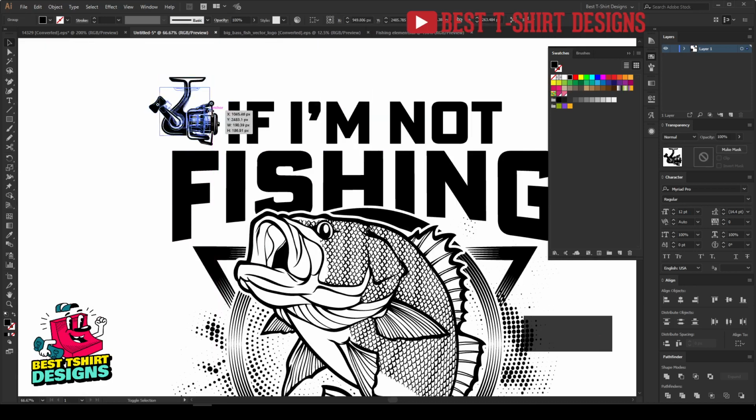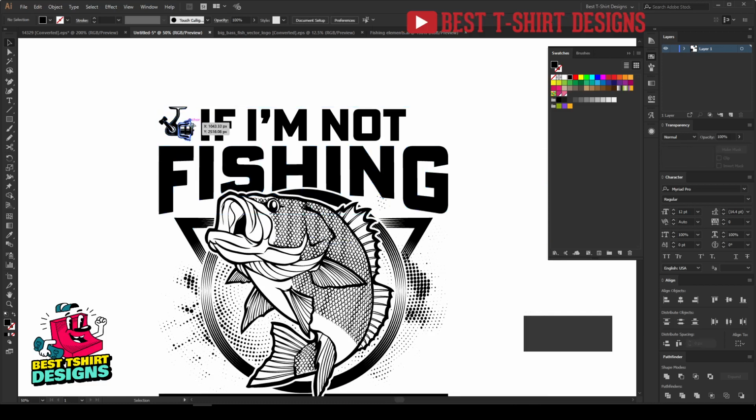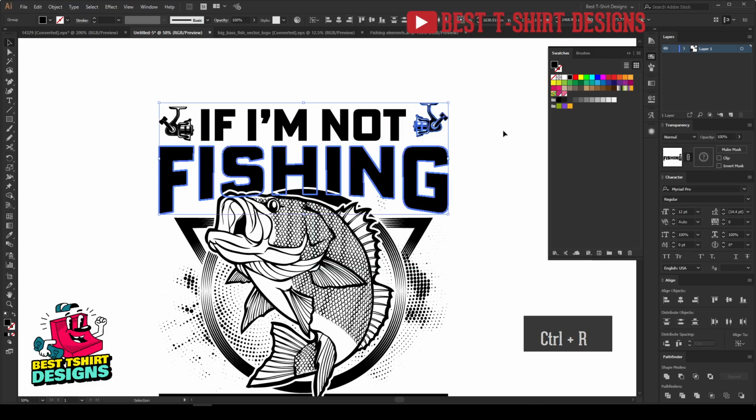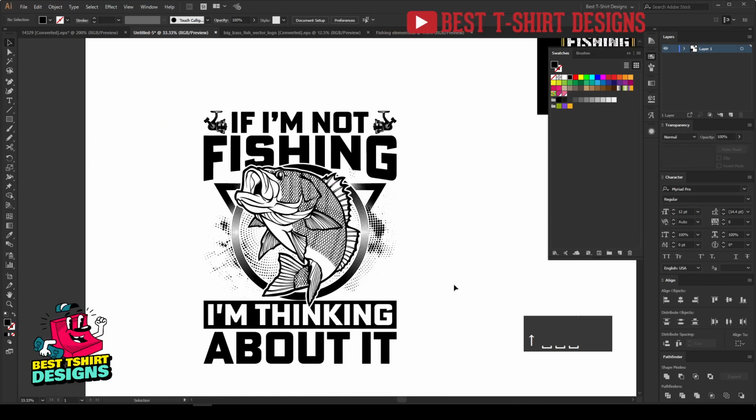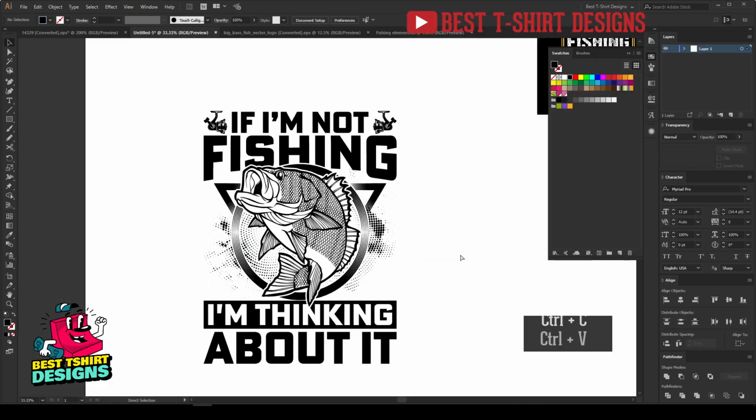Let's use it here. I'm going to use this one here. If I select this one and then click on that one again, that will become the key object. Let's align it with that position, that is fine. I'm going to bring it here, reflect it, and then again I'm doing the same to align it in this position. And now if I select these three, I can align their center position, maybe a bit close to the fishing text. So that is fine. And now from here I wanted to use some fishing rods. You can see this one is a really good one, so I'm going to use this one here,